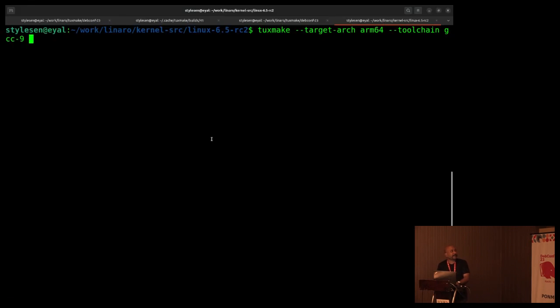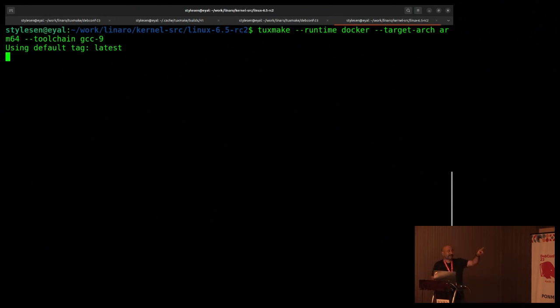And I'll say the runtime as Docker. Okay, now there are two runtimes. I'll come to it. So now I fired this build. What I'm trying to do is a kernel build for ARM64 with the GCC 9 toolchain. When I fire this,